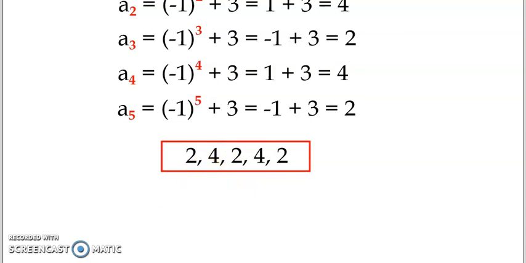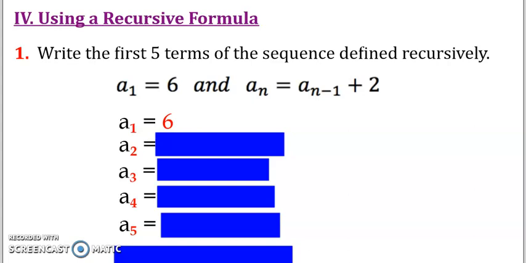All right, so now let's see a recursive pattern. So a recursive pattern, you need to know 2 ingredients. What are you starting off with? What is the first term? And then what are you doing to the previous term to get the nth term? So this pattern says I'm going to take the previous term,